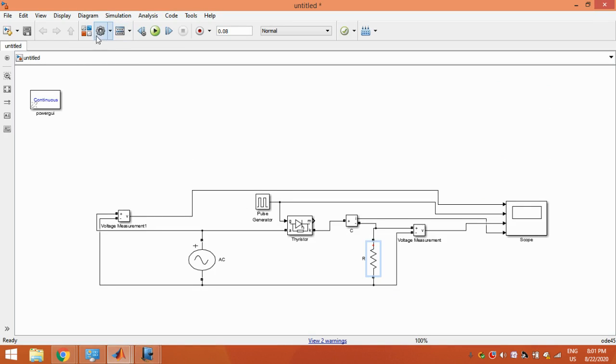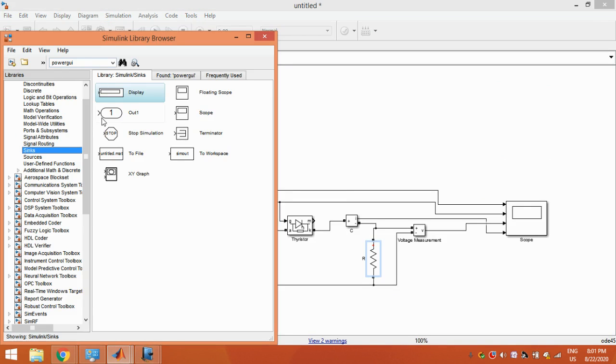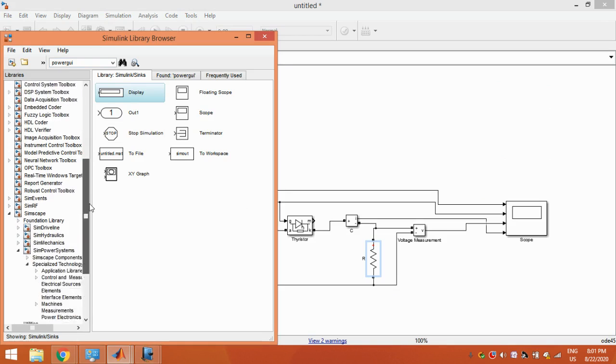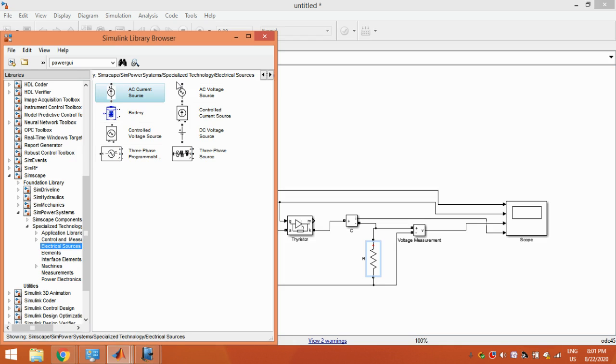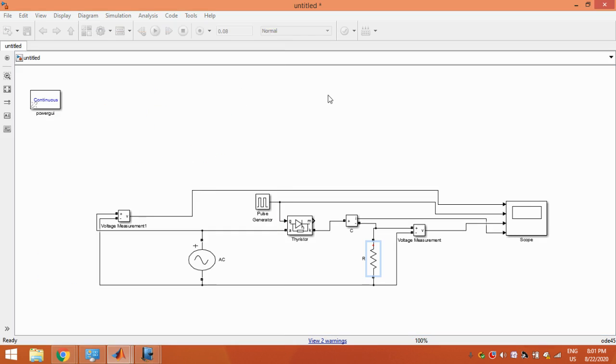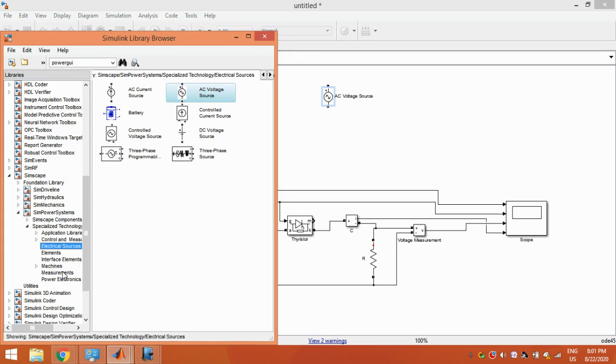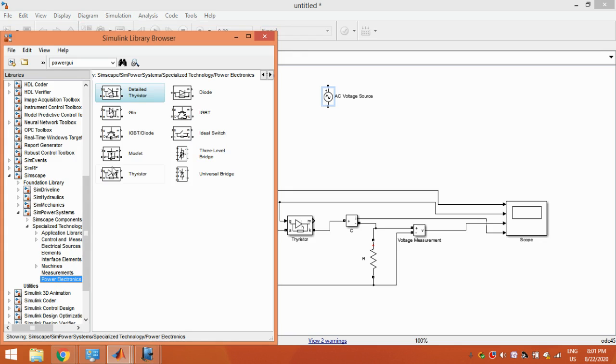So let me quickly show you from where I took all these components. Let me directly go to Simscape, and in specialized technology, first I need a source. So I will take an AC voltage source. That's fine. Then I need a thyristor. I find a block called power electronics, and under this I can drag and put it. Then I need a